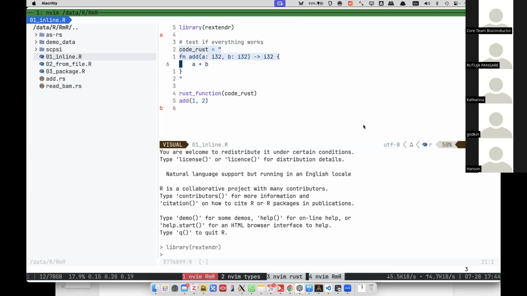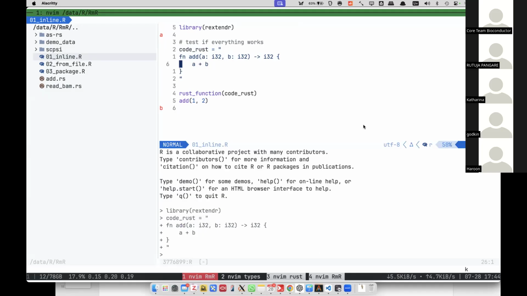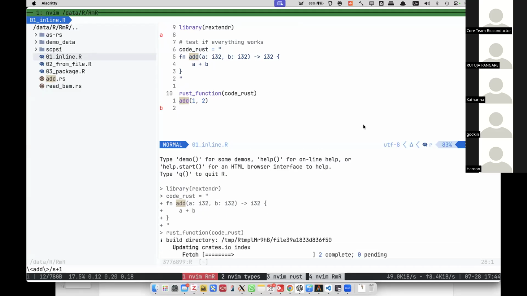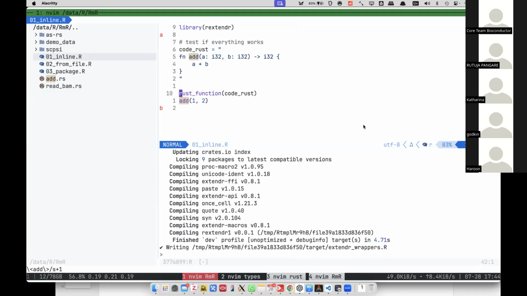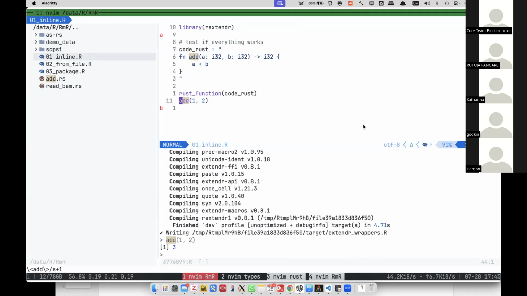You can define a Rust function. This is one of the easiest ones: add two integers together in R just by typing. Then you can compile it in R, and all the dependencies will be installed and compiled.